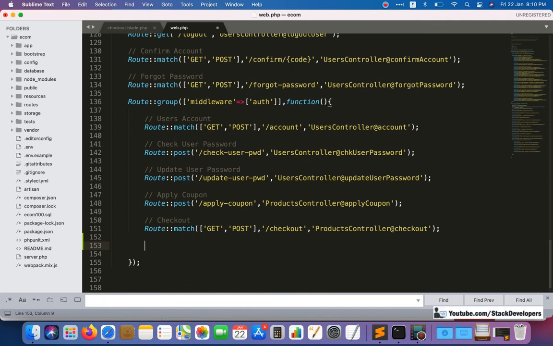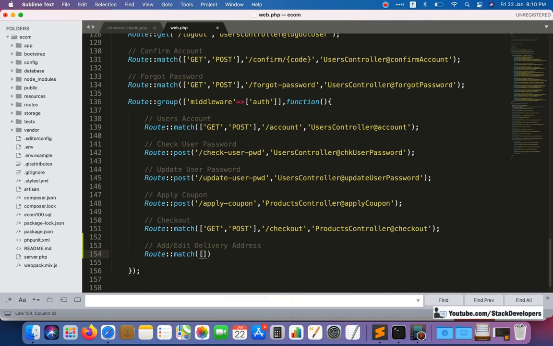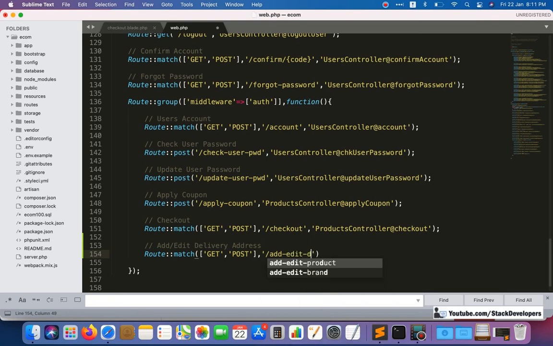So I'm going to add here add-edit-delivery-address. Okay, so now I'm going to create both get and post. So I will use the match here as well, match get, post, and inside it I am going to add add-edit-delivery-address.